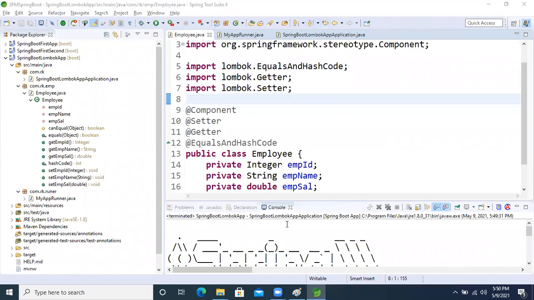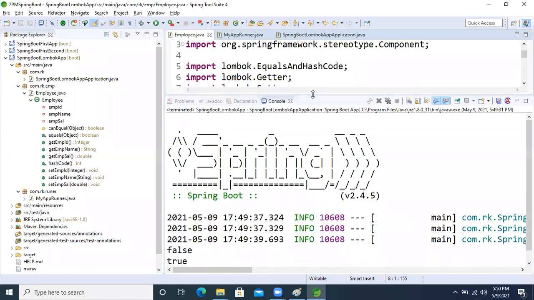Still it's checking only the content, guys. So true only.